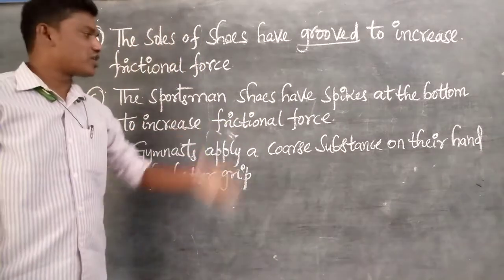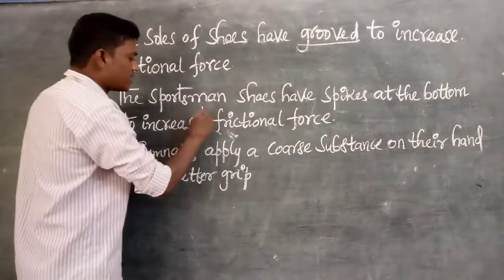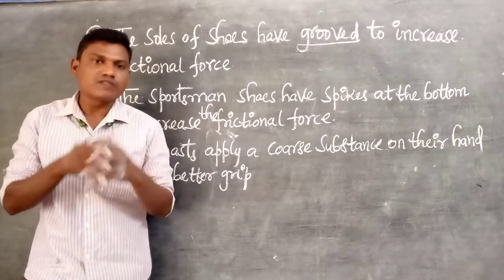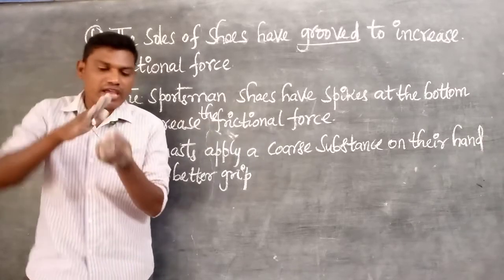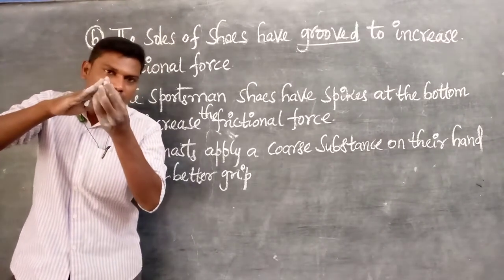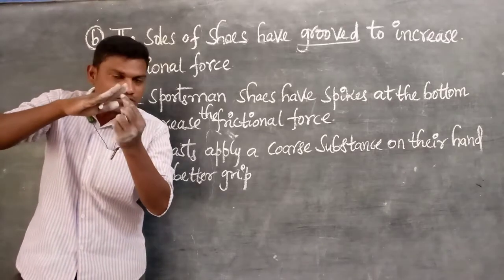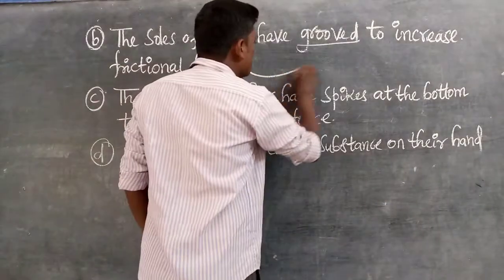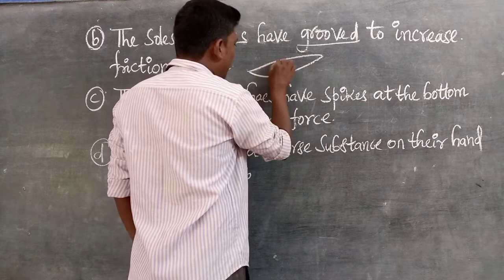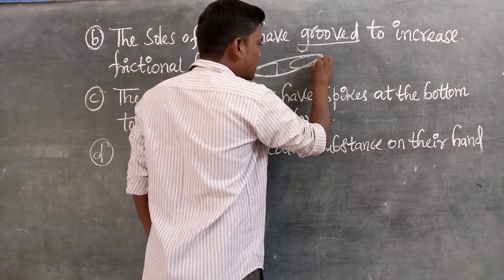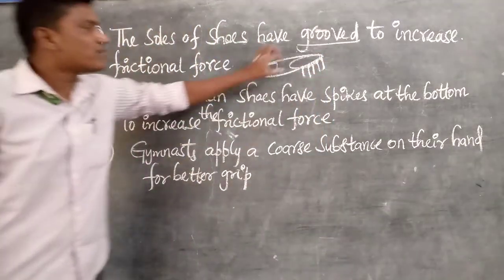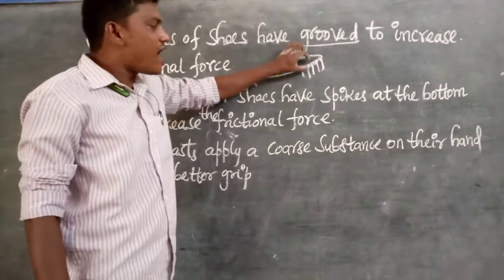To increase the frictional force. So here we observe mostly in the case of sportsmen, in running. They have spikes at the front of the shoes, at the bottom of the shoes at the front. Here it is a shoe, the red part is the front one. At the front you are observing some spikes like this. What is the use of this? The spikes help them